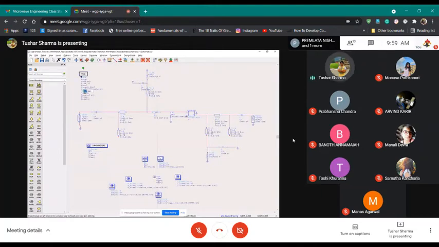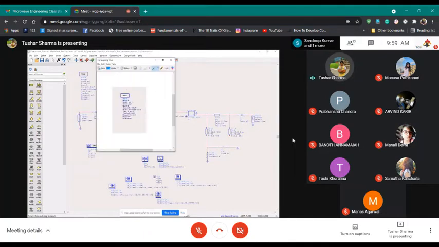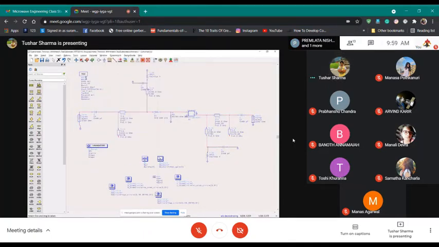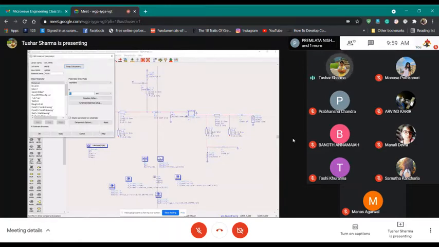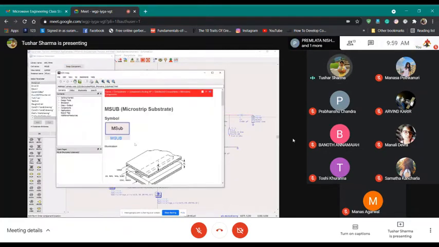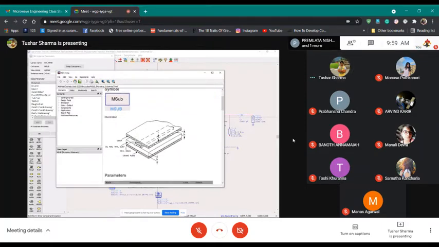These specifications, what I'm entering, are usually available through the company you manufacture your PCB. So these are substrate specifications. If you double click it and press help, it will show you what all of these mean. So you see, this is your substrate. This is your ground plane.